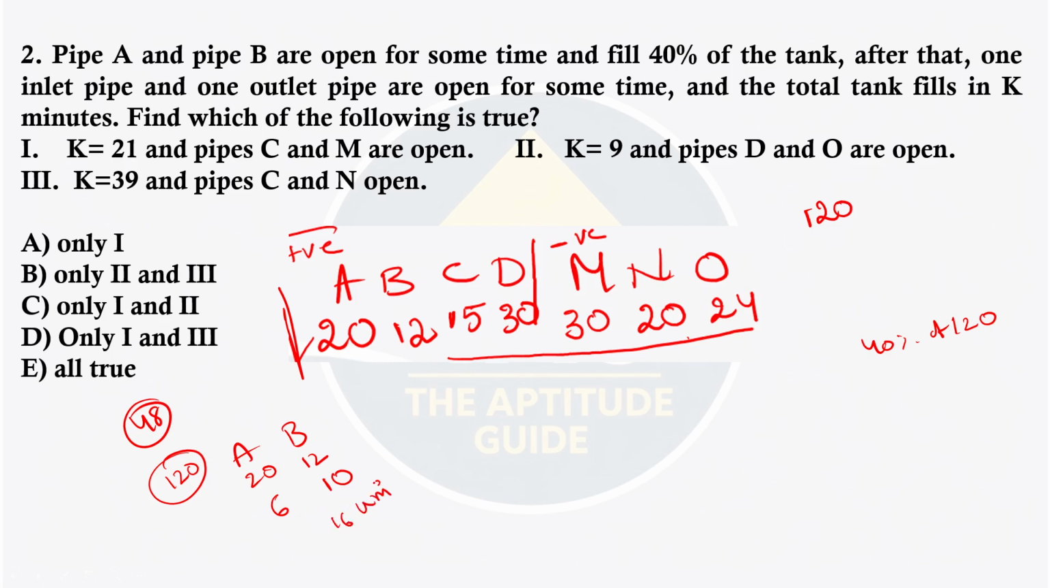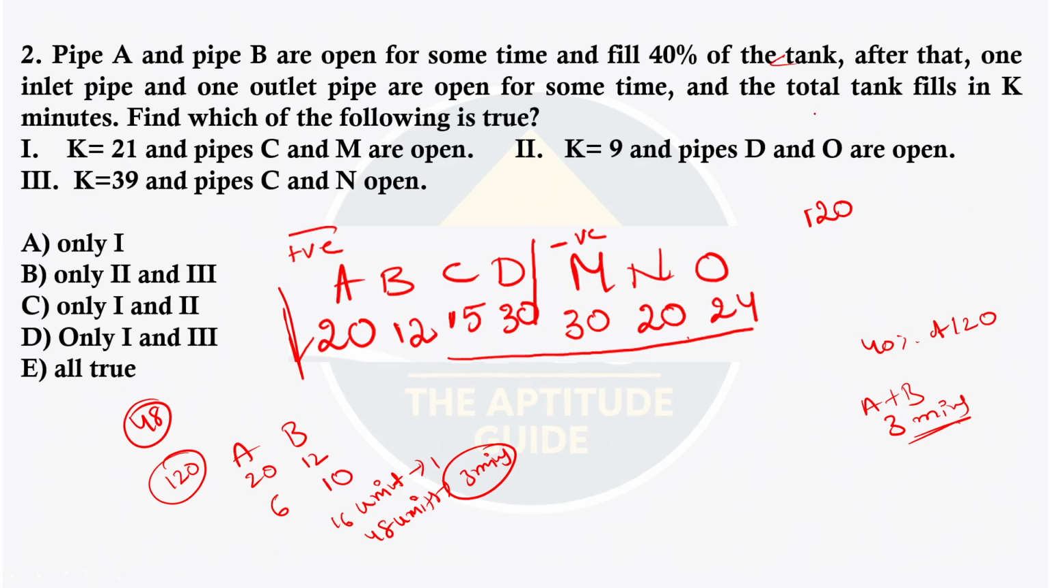48 units will be filled in what time? 16 units in 1 minute. 48 units will be filled in 3 minutes. A and B together worked. A and B are active for 3 minutes. Let us remember this part. A and B are active for 3 minutes. They worked for 3 minutes. Now,